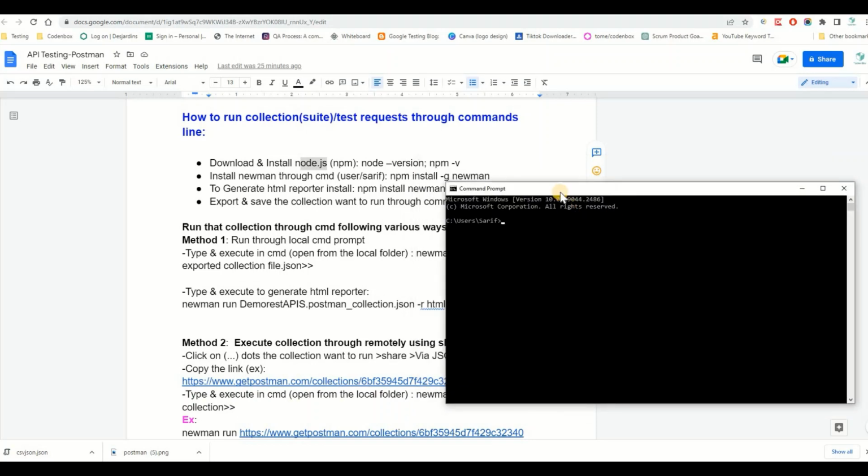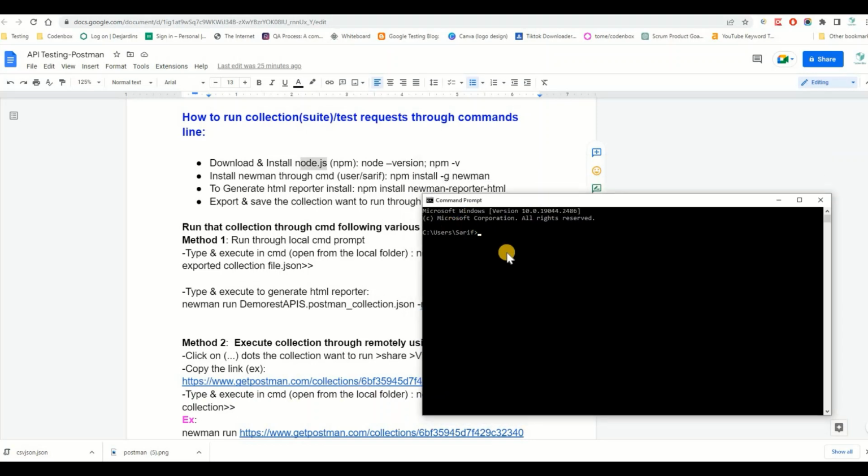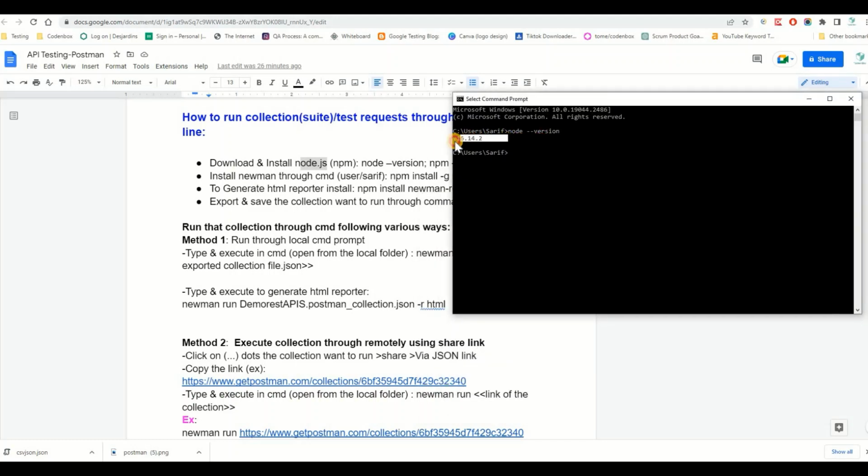So here, let's go over here. You are going to type over here node space dash dash version. Okay, so here you can see I have a node version, it's 16.14. This is the node version I have. I already installed it, that's why I didn't install, but you have to install first if you don't have it, or if you're confused. First I would say check whether you have node or not on your machine, and